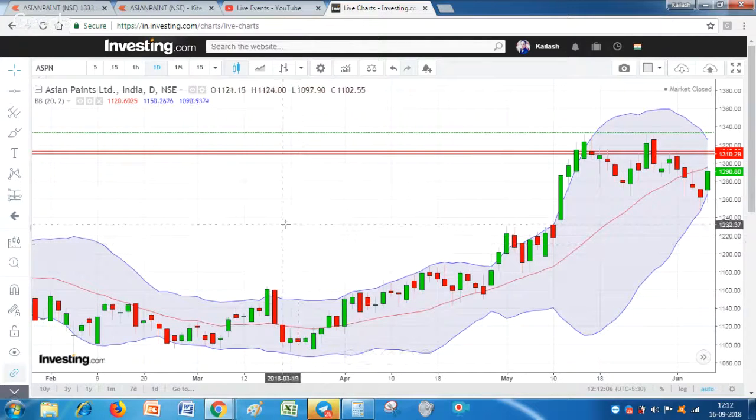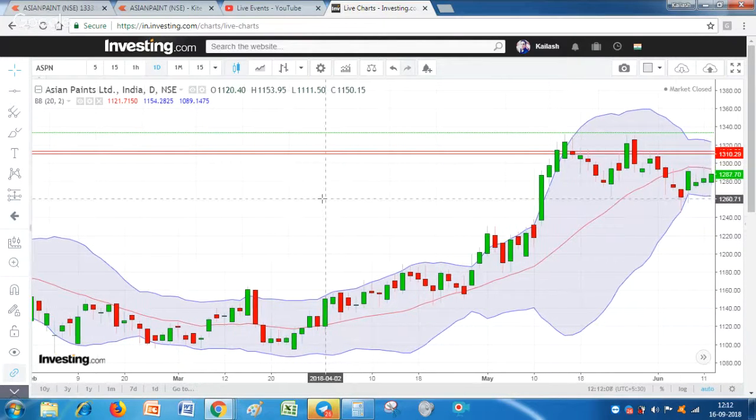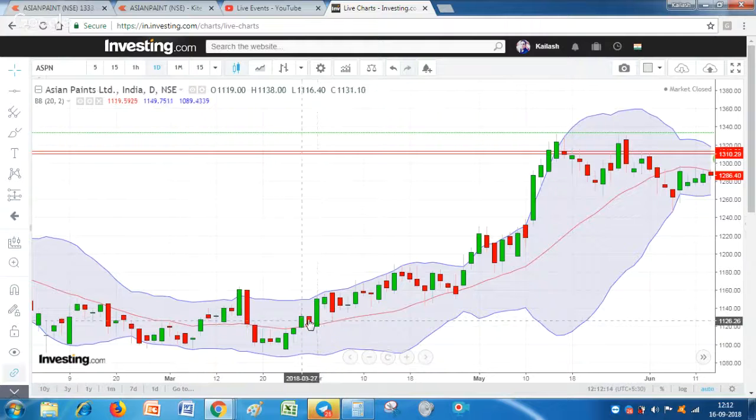Okay friends, so now look at this level. There is a very good buying entry in this stock at this level. If someone has taken a buy entry above these candles' high, the stock has given a dip. Once it came to this median line, after these two candles, look at the third candle, friends. We would have taken a buy entry above this third candle.